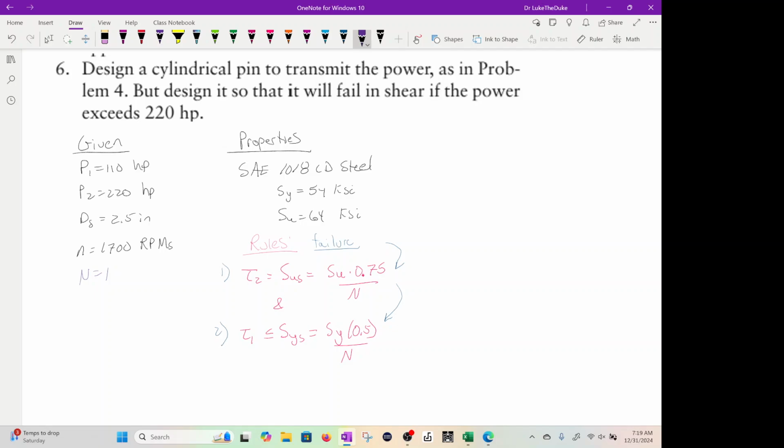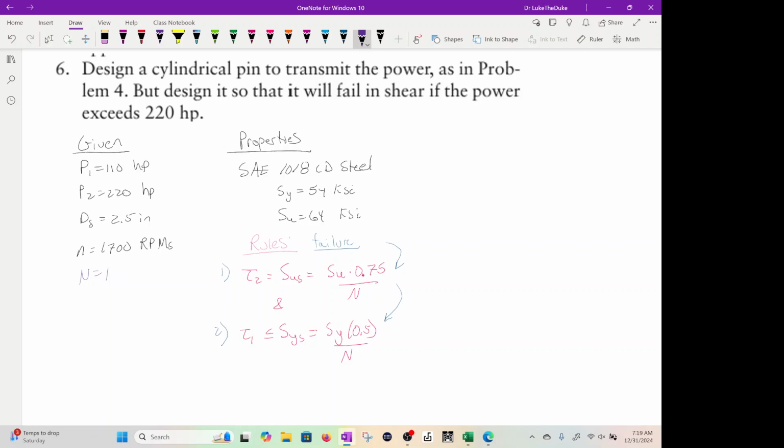I have an Excel sheet that does different properties and different design factors that I'll show you, okay? But also, T1 we want to make sure is right at the yield or below, okay? So it's going to be SY times 0.5 over N. Again, these shear stresses are not tabulated, but we use equations and a failure equation based on these values here, okay? So we're going to assign tau 2 to be SU